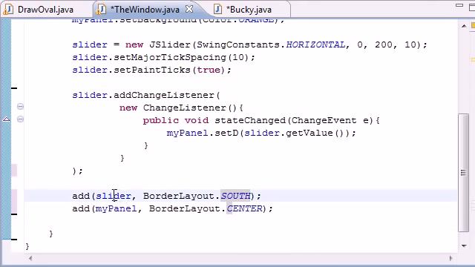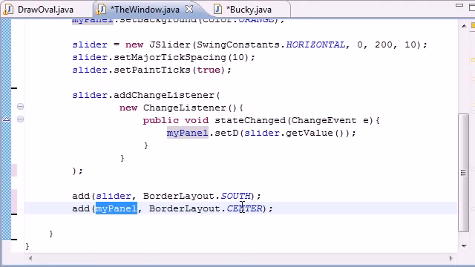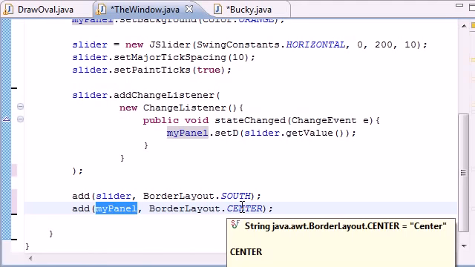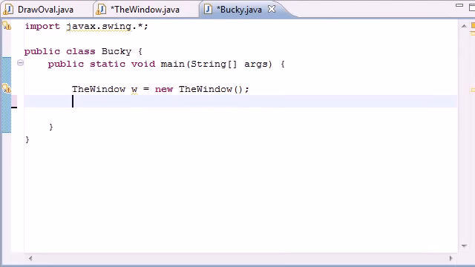So now that we added the slider at the bottom, which is south, and the panel, which consists of the circle in the background in the center, we're ready to go to our main window, call everything, get it set up. So just go to your main class, and by main class I mean whatever class has your main method, and you first need to create a window object. So the window, I'll name mine W, set equal to new the window, and remember this didn't take any arguments